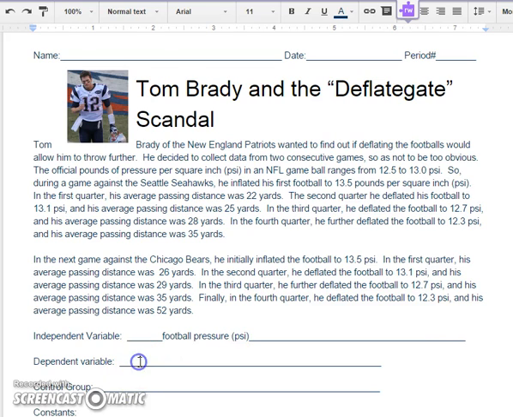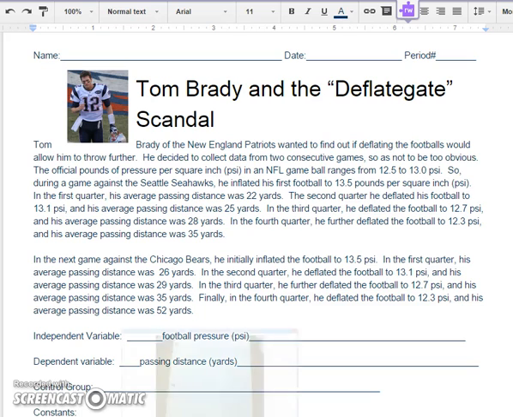The dependent variable, or what we're looking for, is actually how far it's being passed. So I'm going to say passing distance, and that is measured in yards. Okay, it's really important that we have units here, because if we don't, then you won't know exactly what to graph. So now I'm going to grab a ruler, a pencil, and a piece of graph paper and start my